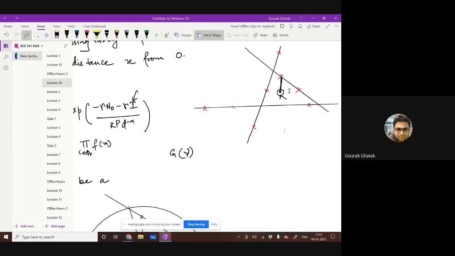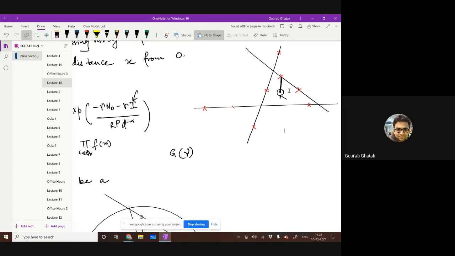Can anyone recall if I have already discussed the Palm sense or Palm probability of this PLCP? No, sir, you haven't. Okay. Do you remember what it was in the case of Poisson point processes? Slivnyak's theorem said that if there is a point present at a location x, it did not change the statistics of the entire remaining point process, whether we condition on that x or not.